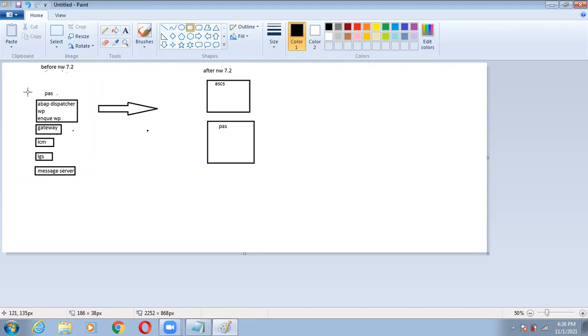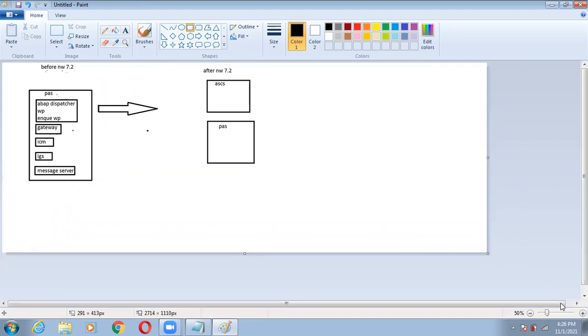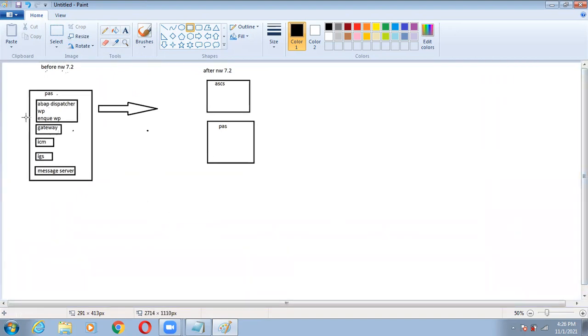So these are all the primary application server components. What are those? ABAP dispatcher, work process. In work process, dialog, background, those all are the work process. These are the primary application server.